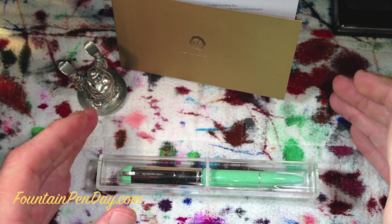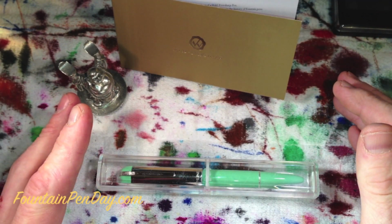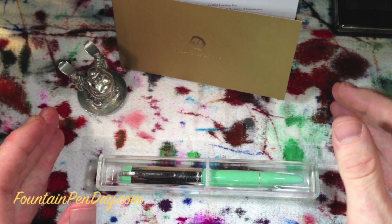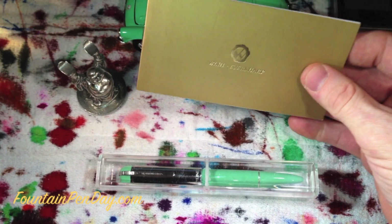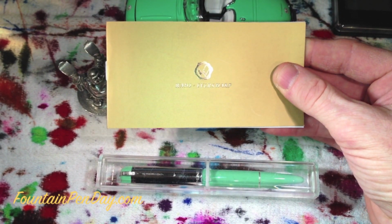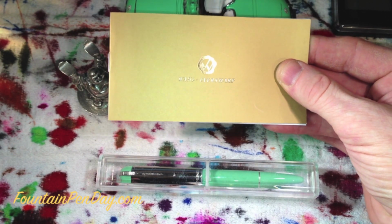You get a box, special box. He ran out. Sid had emailed me and told me upon ordering it that he would wait and send it all together, but I chose to get the pen as soon as I could because I wanted to do this review. What you do get outside of the box